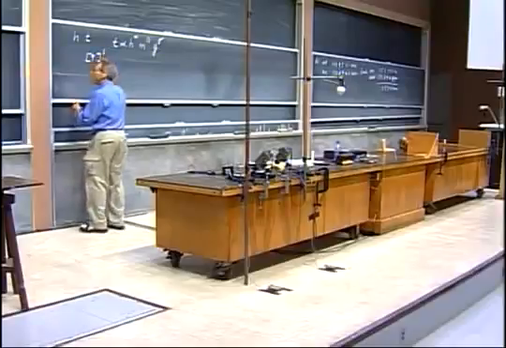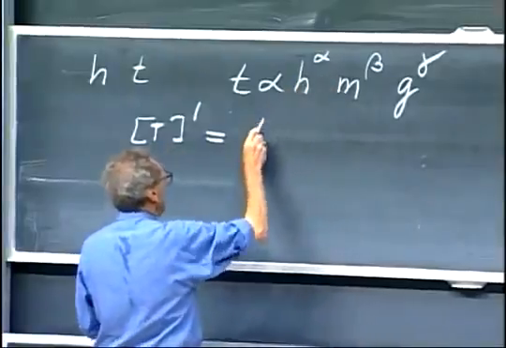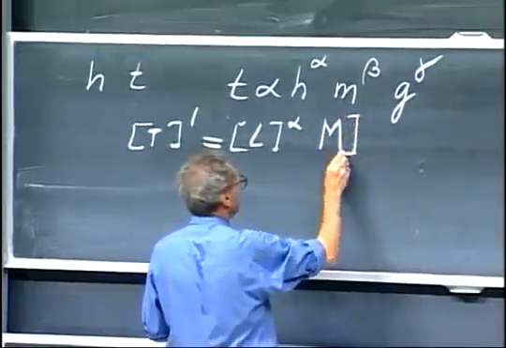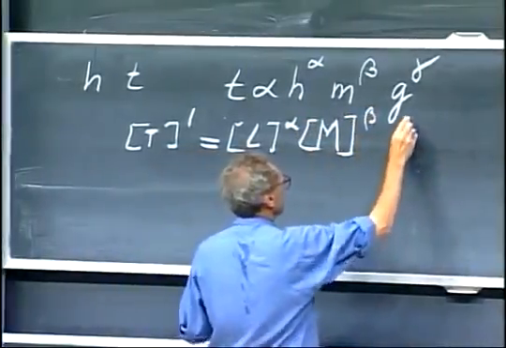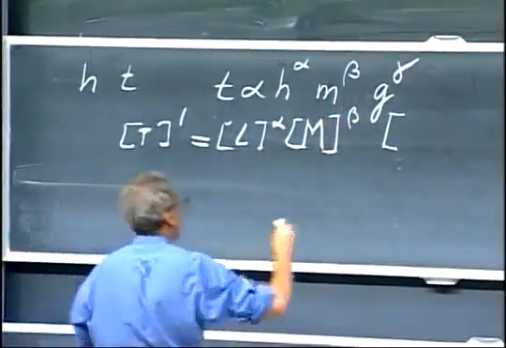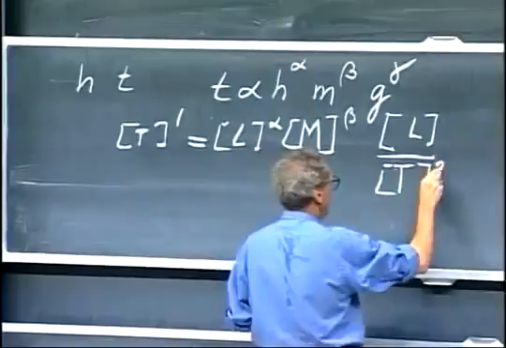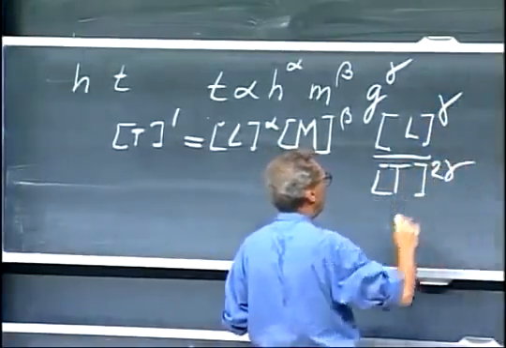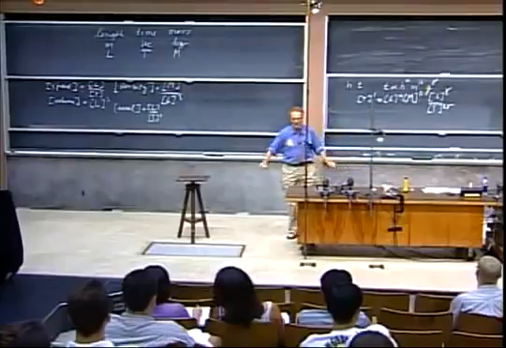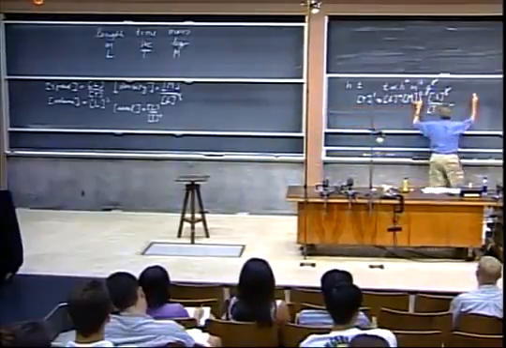That is T to the power 1. It's that T. That must be the same as length to the power alpha times mass to the power beta times acceleration. Remember, it is still there on the blackboard, has dimension L divided by time squared, and the whole thing to the power gamma. So I have a gamma here, I have a gamma there. This side must have the same dimension as that side. That is non-negotiable in physics. Okay, there we go. There is no M here, there is only one M here, so beta must be 0.